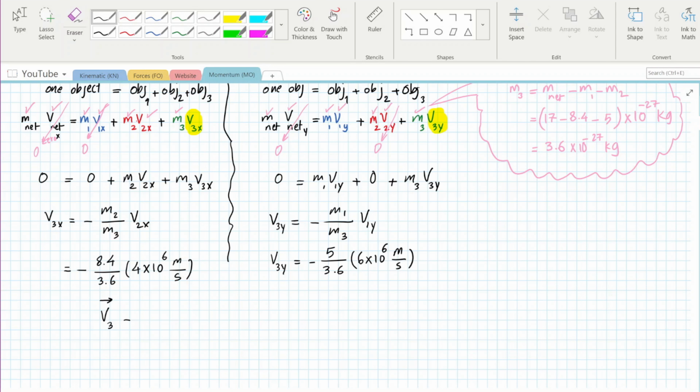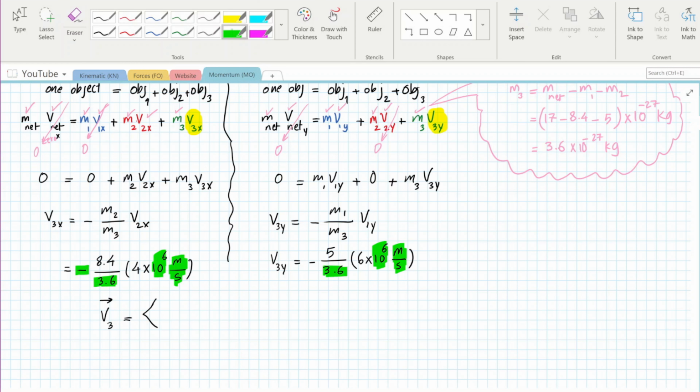Since we are asked to find the magnitude and direction of the velocity of the third piece, I'm not going to right away put the values in a calculator and round up the number. If we start rounding up the numbers too early into the calculation,